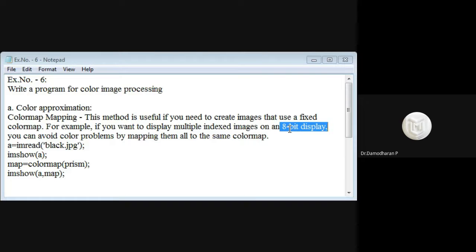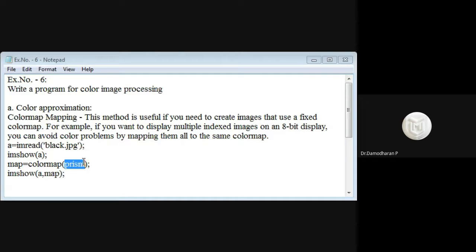For that we are using a method called colormap. This colormap is used to apply or create the color according to the parameters. Colormap is a method used to create a color according to the inputs. Here the methods we are going to use are prism, hot, summer, winter, cool. Like that. What is the prism? What colors will be here? If we use the prism, it uses the rainbow colors.